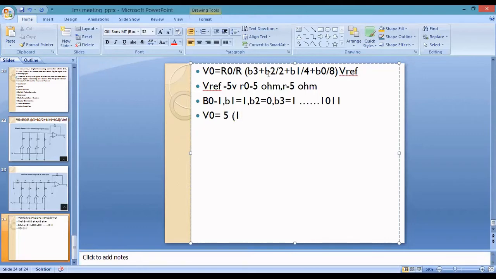B2 value is 0, so 0 by 2 is 0, plus 1 by 4. So 1 by 4 means 0.25, plus 1 by 8. So 1 by 8 means 0.125.